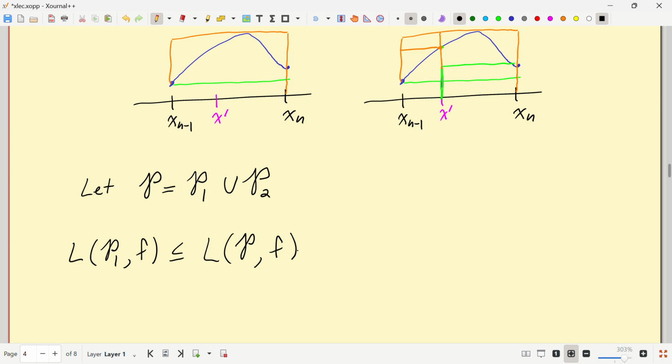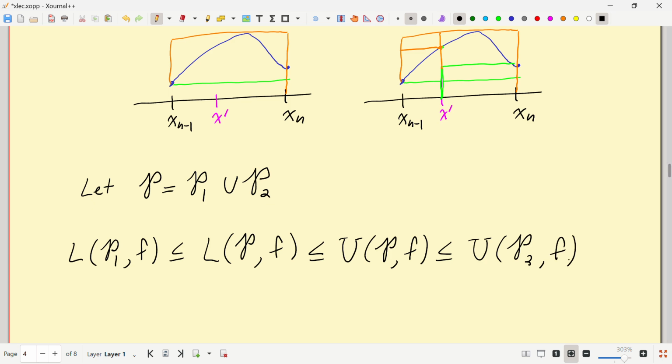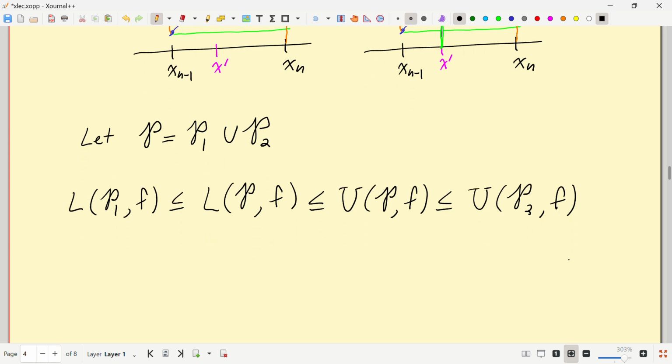I could toss in those points one at a time and get those inequalities. And then I would know that this one is less than or equal to U(P, f), and this one is less than or equal to U(P2, f). So every lower sum is less than or equal to every upper sum. So think of this